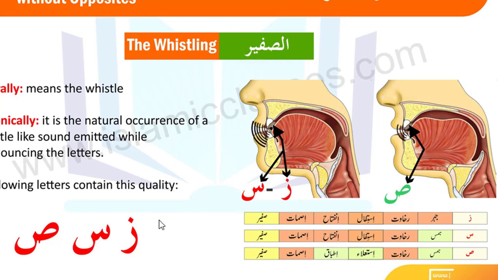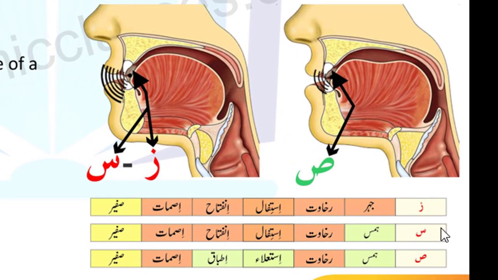right? So the one common thing which you have to remember is that the place of all these 3 letters is the same, like the Makharij place is the same. What is different between these letters? The qualities make the difference between these letters. And what is that? As you can see here, each letter has 6 qualities. So you can see the first is za, sin and sad. In the za, the first quality is jahr.